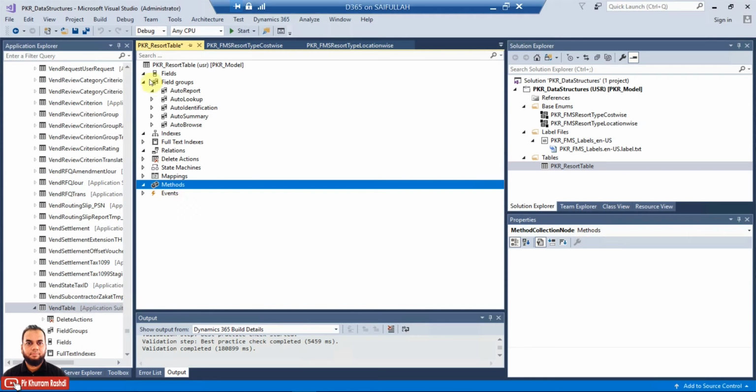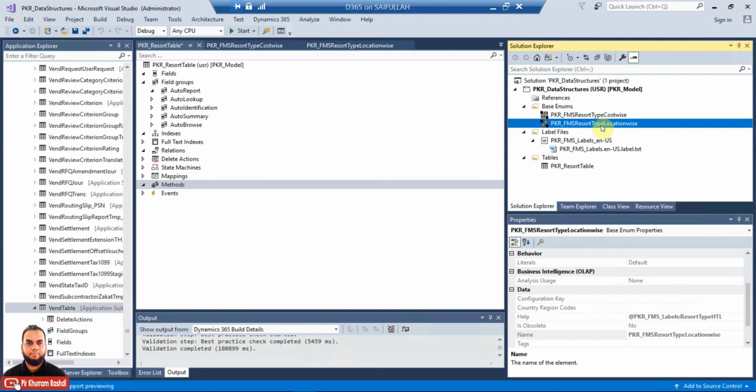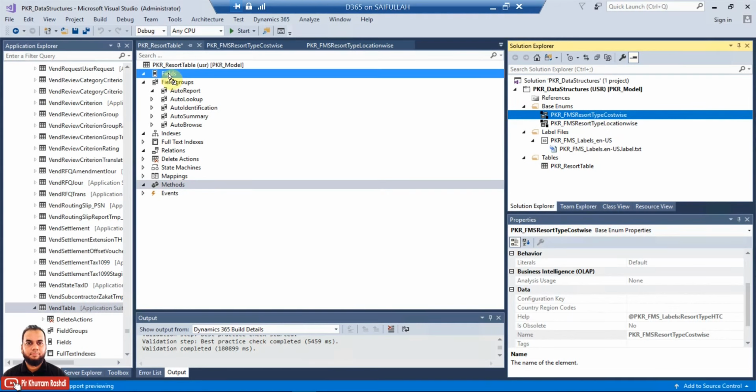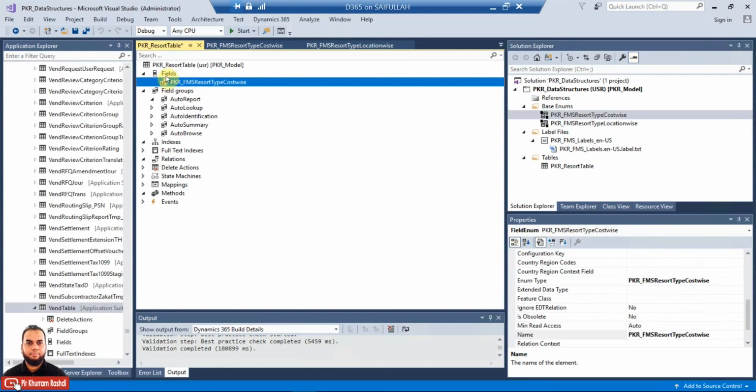And we'll just start with our EDT, not EDT but enum. We'll just try to drag and drop. It is as simple as that. The base enum which you have created, we can just drag and drop.